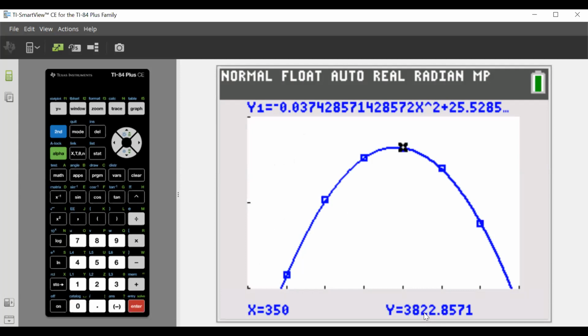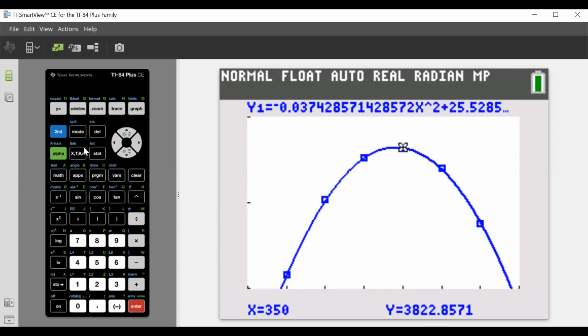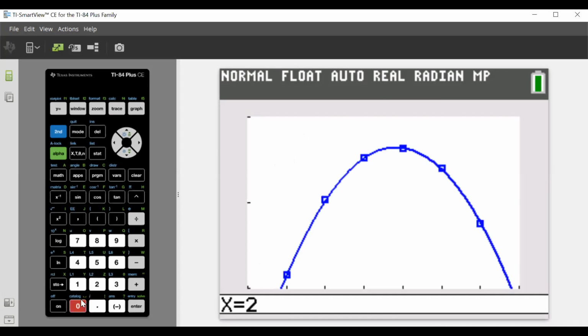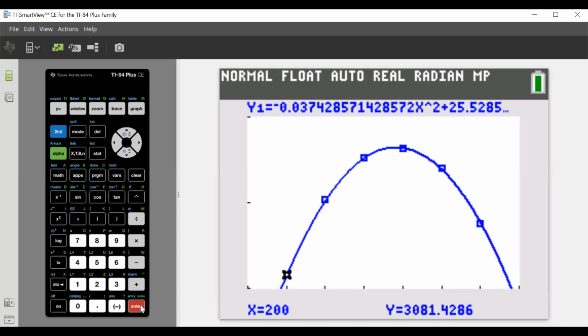And then I need to find 200. And so then we can go back over here and say, okay, well, 200. Oops, wrong. Yeah, calculate value. And I need 200. And so that is